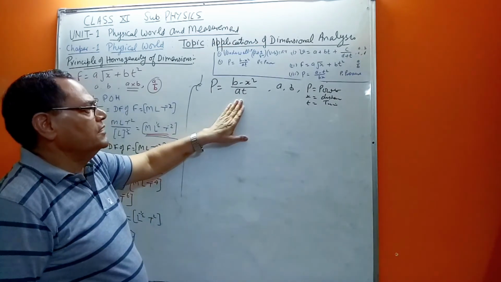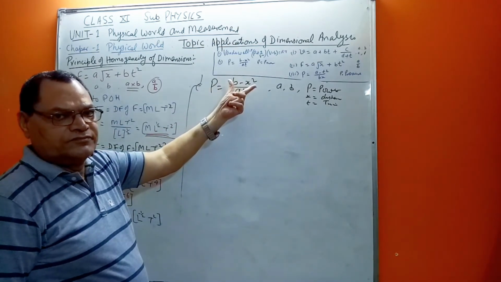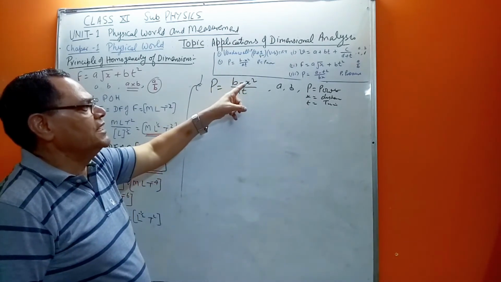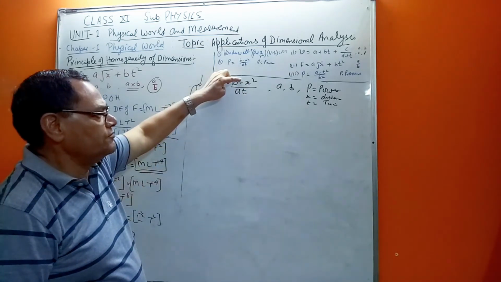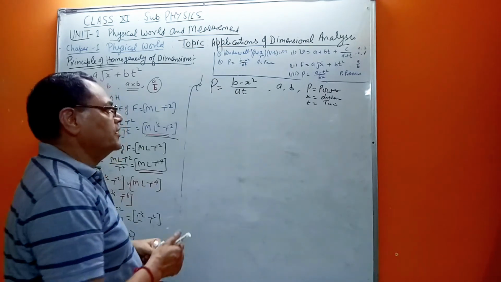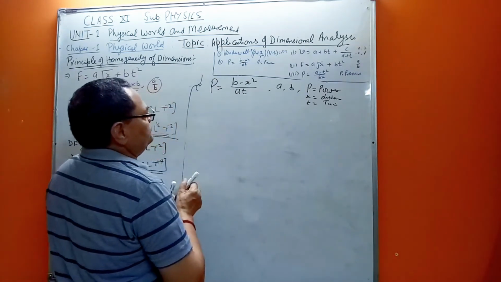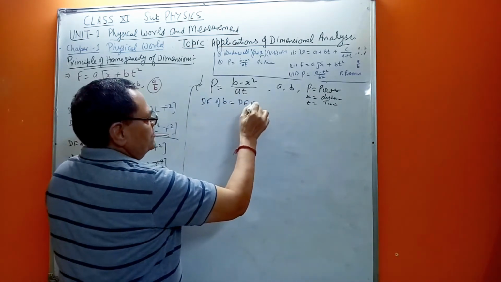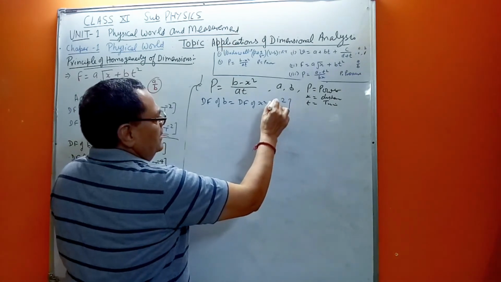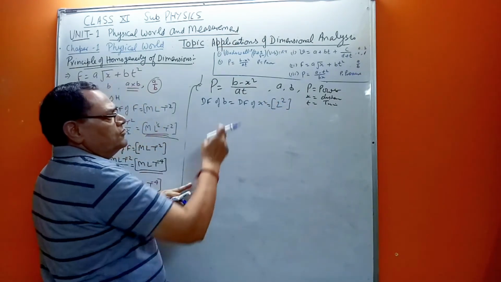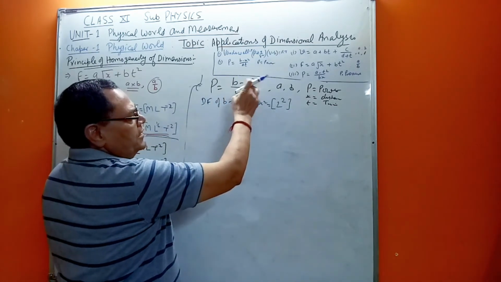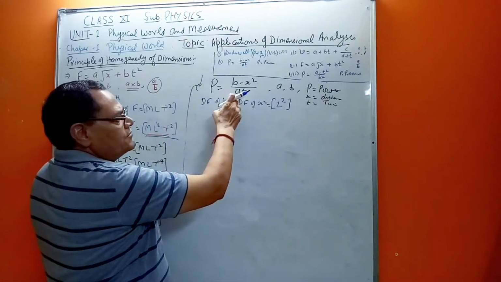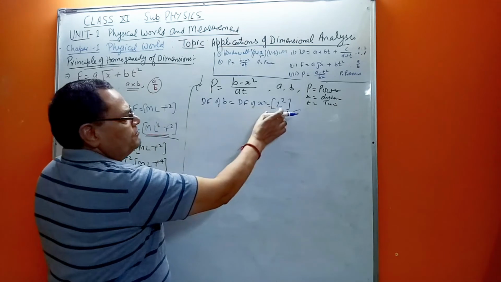First of all, you see in the numerator there is a difference. So once we apply the principle of homogeneity, that means B will have the dimensions of X square. So first of all we will solve the numerator. So the dimensional formula of B is nothing but the dimensional formula of X square, that is L^2. Now this will also have L square, this will also have L square, and the result will also be L square because of the principle of homogeneity. So we can find A as well. So this gives the first answer, the dimension of B.